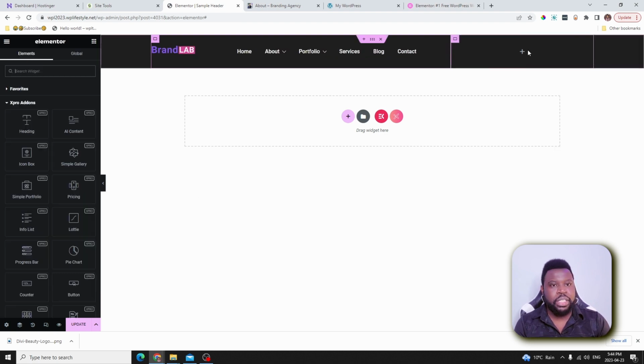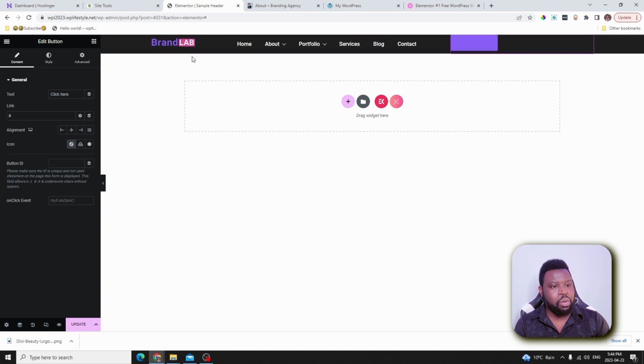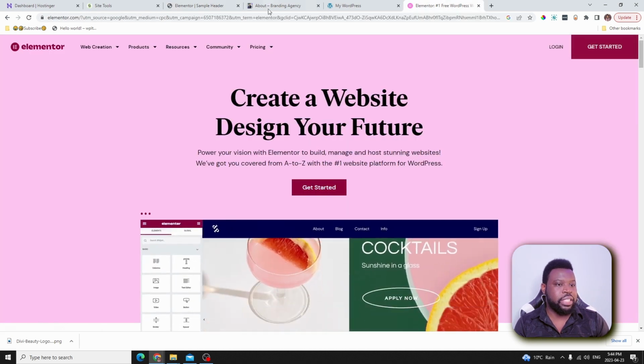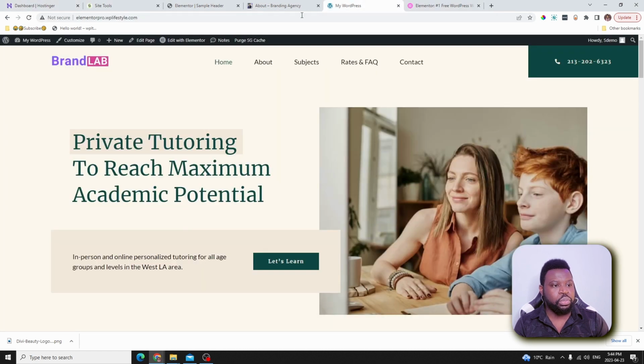over here we need a button. Let's go ahead and grab a button. I'll grab this X-Pro button right here and drop it over here, and you can see our menu has become a lot smaller. So you select the button, and then over here on the button text, you can put whatever you want on the button. For example, over here we have GET STARTED in capital letters. Maybe we can do something like that.